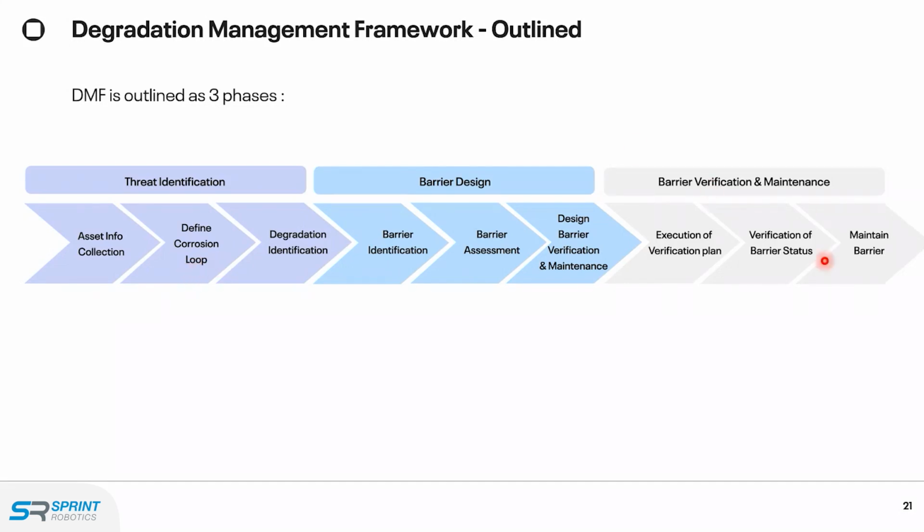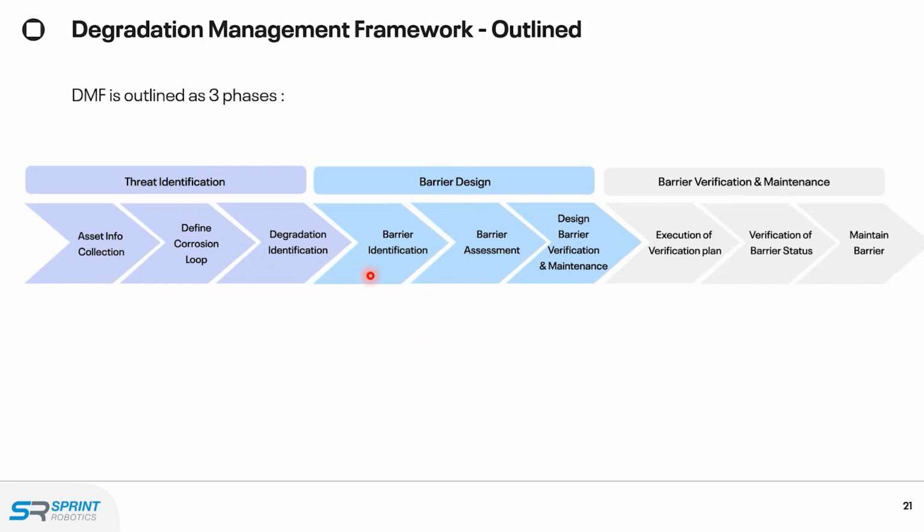And finally, the barrier verification. A lot of things go around that barrier status, right? If you implement the barrier as a coating, you need to make sure that the coating is in good condition. If that barrier is not in good condition, your degradation will start happening, right? So you lose effectiveness of that barrier. A normal action would be to replace or repair that barrier, or restore the status of the barrier.